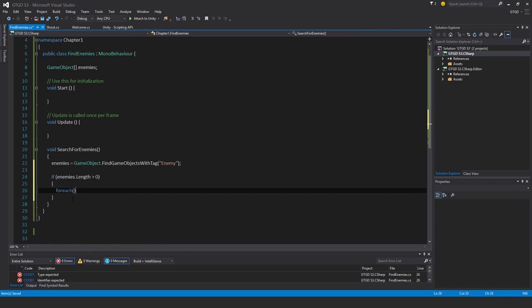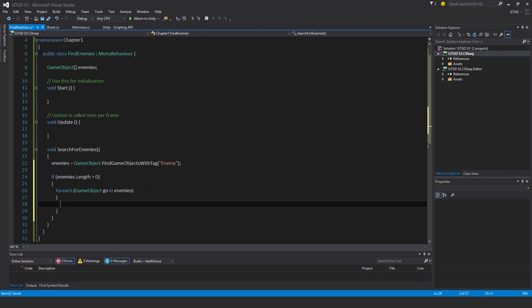Then I'll say foreach. So I'm going to iterate using a foreach loop. There's a couple of different types of loops. So for each game object, you have to state the type that you're iterating. And because enemies is of the type GameObject, I have to say that each thing that I find in enemies is also a GameObject. So I'll just put in go. It's quite a common way to say it. It means game object, except just like that. You can call it anything. For each game object go in enemies, so for each item in enemies that's of the type GameObject, then